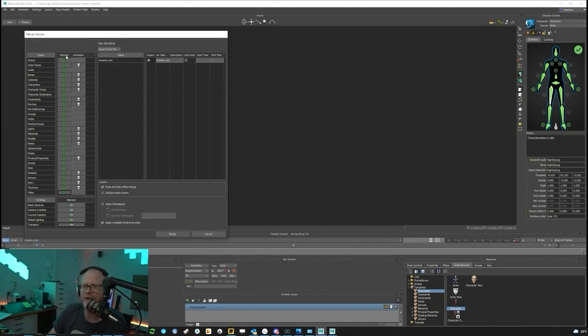What I want to do is, it's the append that I want. You have a bunch of options: append, merge, and discard. Basically, it's different ways of saying something that's done similarly in Maya. A discard would be like literally just don't even bring it in. A merge is going to bring in another version of it if it exists in the scene, or just bring it in if it doesn't exist in the scene already. That's what these are down here, merge. And then the append is, oh, okay, if